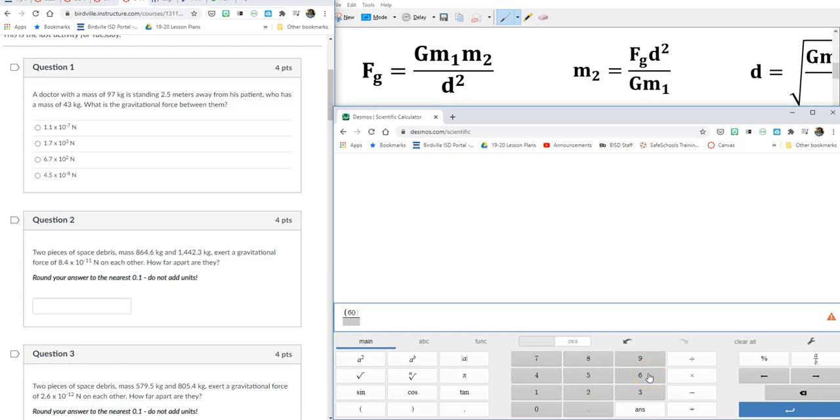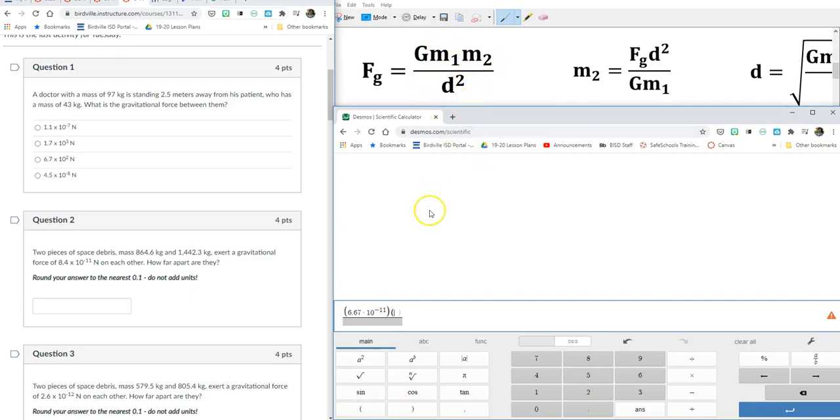So 6.67, and I'm typing that on my keyboard, times 10, and then we're going to do this little a to the b. A to the b is going to let me add an exponent onto my 10. If I can click it correctly. There we go. And it's 10 to the negative 11. So I'm going to type in negative 11. And then I'm going to close my parentheses. And my next number is going to be